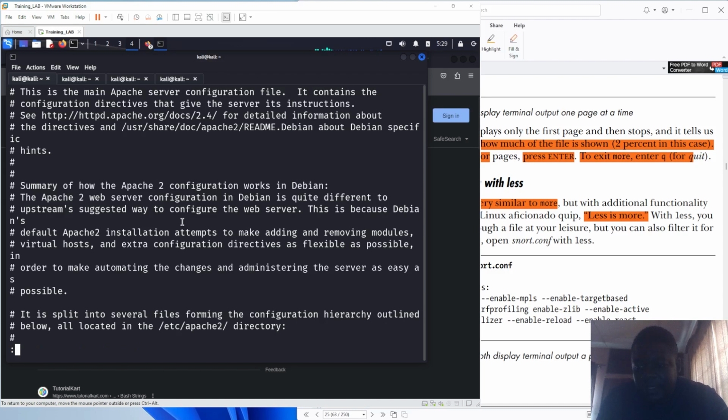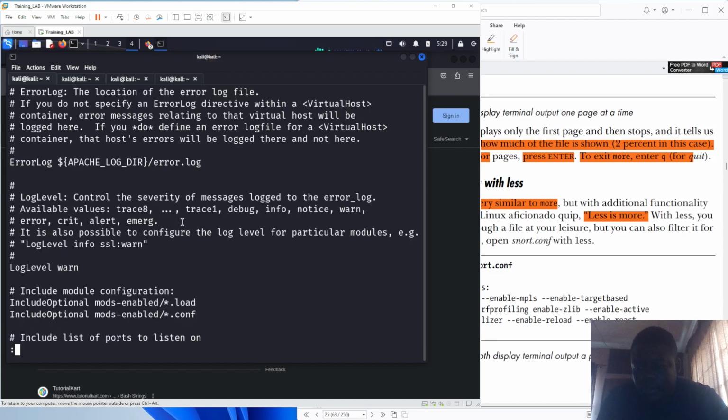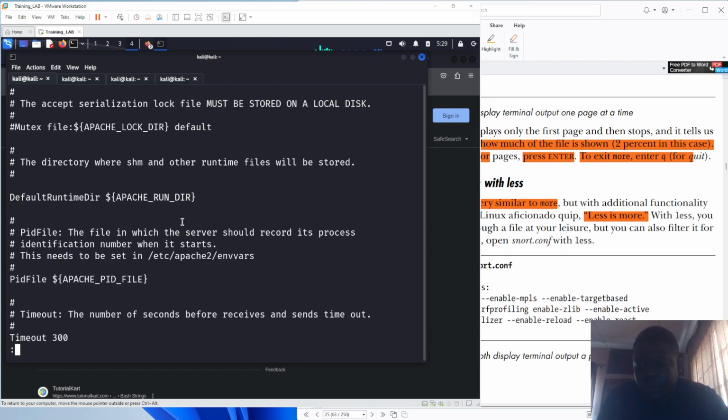So let me see if enter works yet. Okay, so it prints everything, but it gives you the opportunity to be able to search. So if I do forward slash, okay, let me come in. Is it forward slash? Okay, now backward slash. So if I do /, then I paste this that I'm looking for. You can type anything you want to look for within that particular file. Once I press enter,